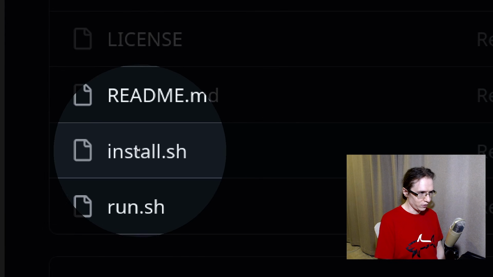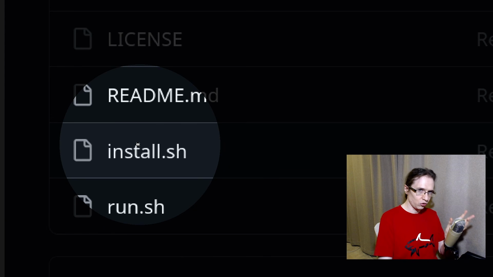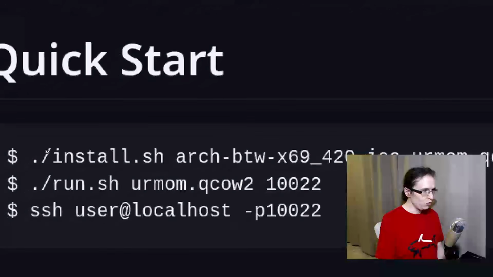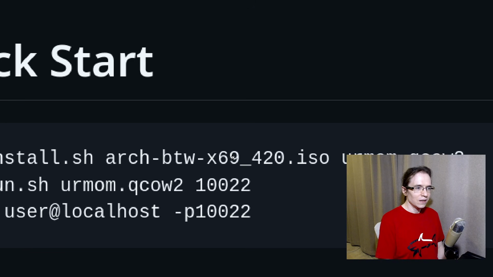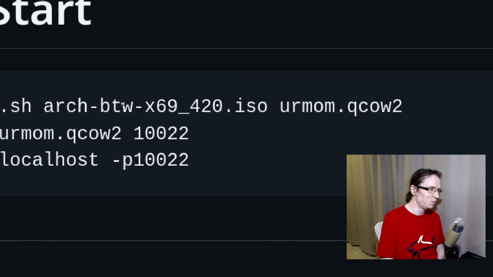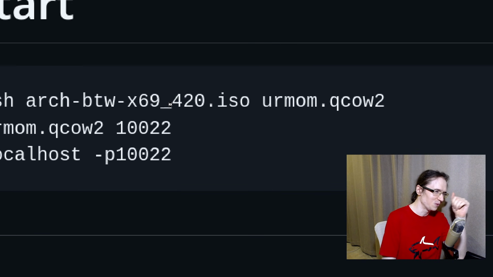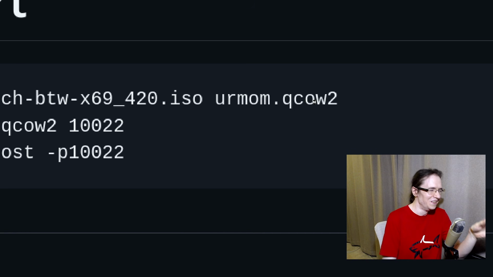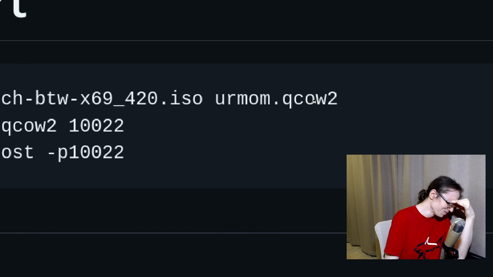One shell script allows you to install a distro. The way you use it is that you download an ISO, and then you use the install script with the architecture, x86-64, and then the name of the image, a hard drive image. I completely forgot about this.